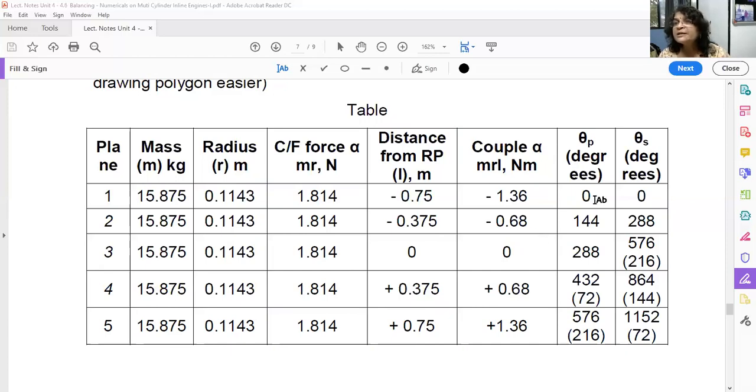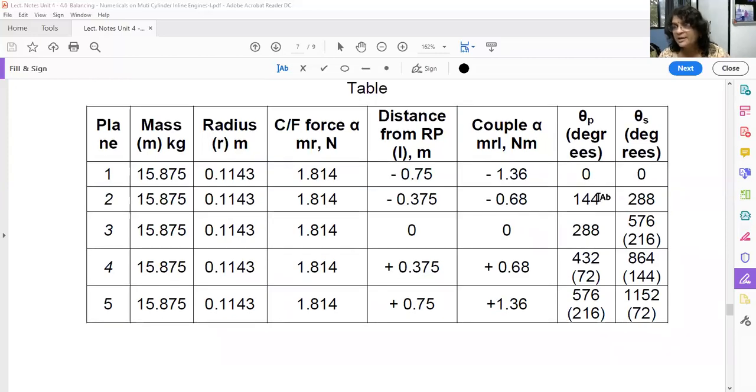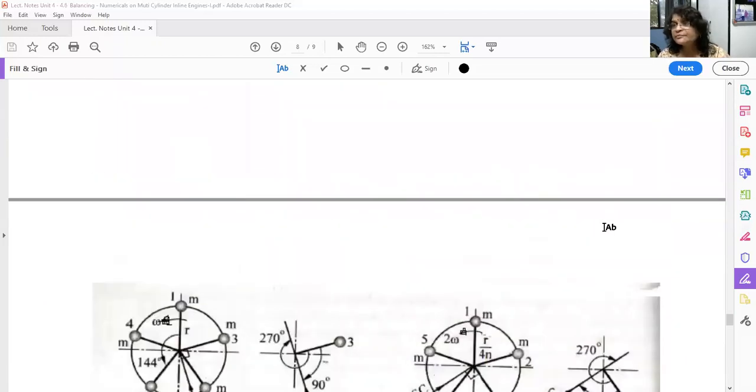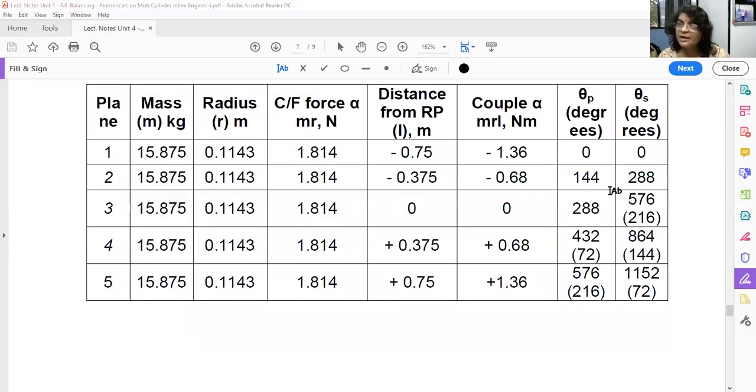Okay. So now here you have to draw the angle. Based on this one, you have to draw the primary crank diagram here. Now let us see. This sequence is dependent on firing order. But as no firing order is given, what firing order can we consider? 1, 2, 3, 4 we have simply considered. So 0 to 1, 144, plus 144, 288, plus 144, 432. 432 minus 360, 72 degree. 432 plus 144, 576, minus 360, 216. Understood? This is the primary angle.